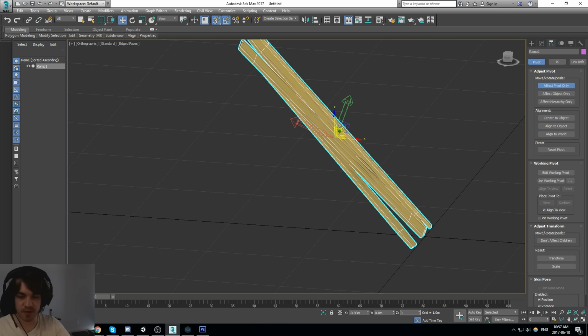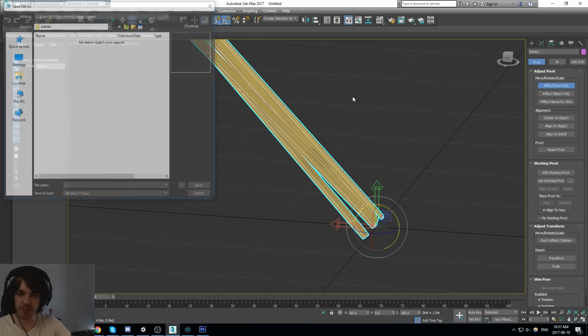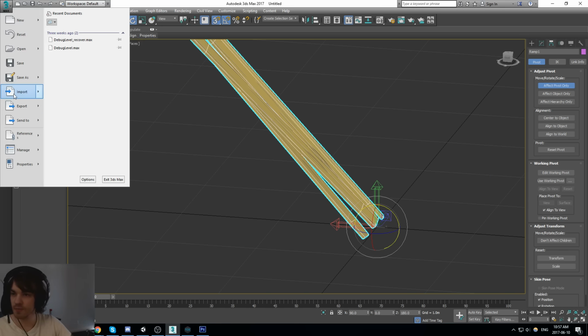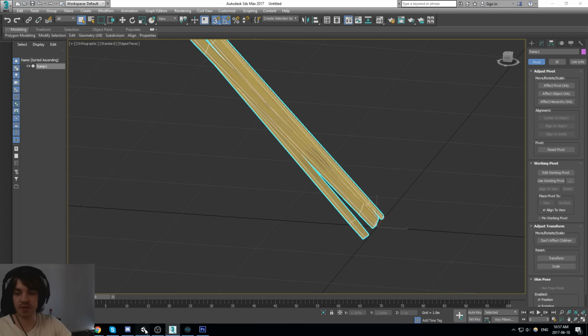Put everything back on 0. And then as for the rotation, it doesn't seem like it has reset it at all. Here we go. I'll be exporting this again. So ramp 1, let's have a look in the game what we get.